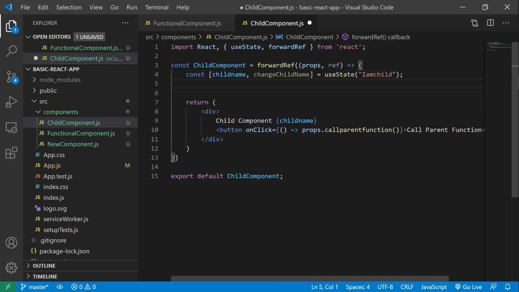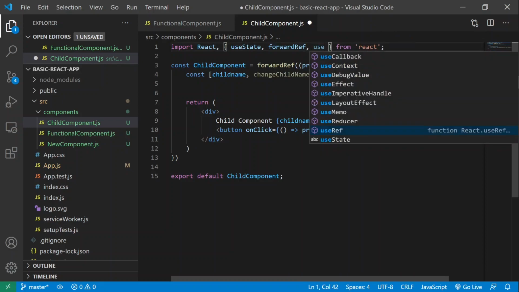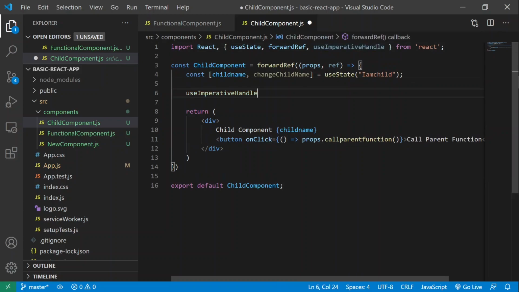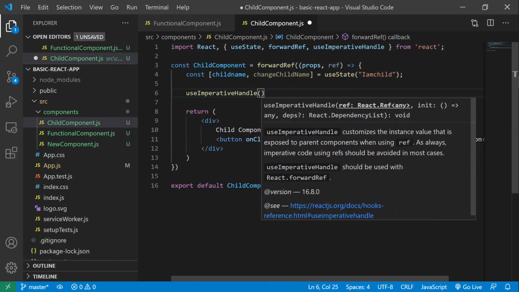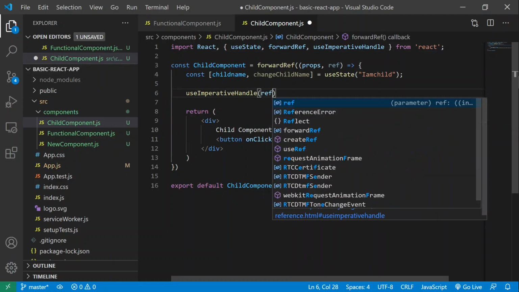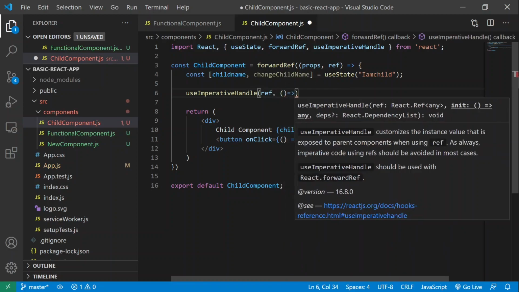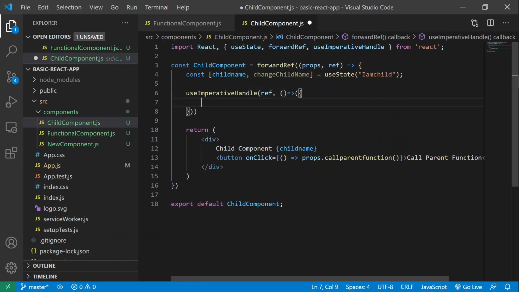For that we are going to use another hook, which is useImperativeHandle. We use it inside our component, and we have to pass two parameters. First is the reference which we have created, and second the function which we want to call from the other components. Here we are going to define that function, called childFunction.